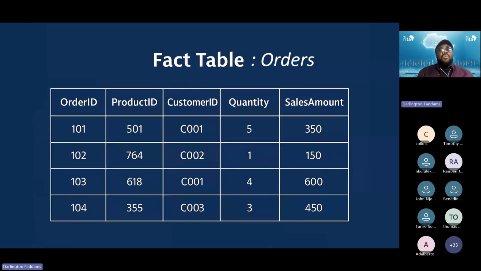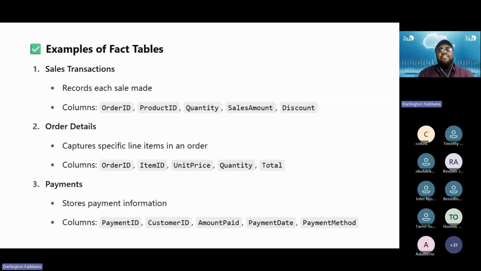So when we get there, we will talk about primary keys and foreign keys. Right now, let's take our time and understand fact tables and other tables because I can feel that a lot of people are trying to understand this. All right, so I said the fact tables are the tables where we record events, things that took place. And they usually contain